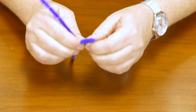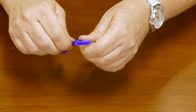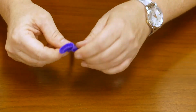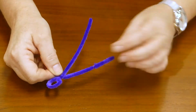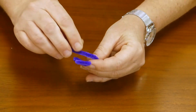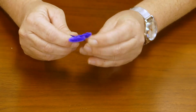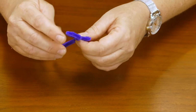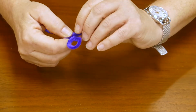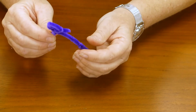And there's lots of ways you can do it. However it is, it's going to make it stick out. So you're going to leave this piece alone, and you're going to take the long one and you're going to make a second arm. And these are primitive kind of looking. They're not meant to be perfect. So that's the nice thing, is you don't have to worry about doing it right. Go ahead and twist it. Now I have 2 arms